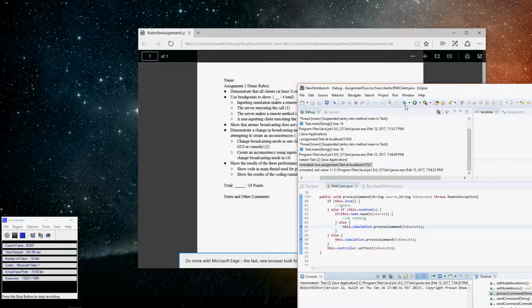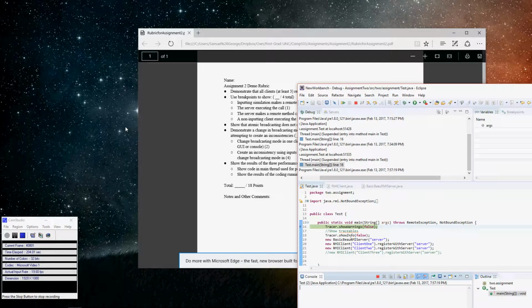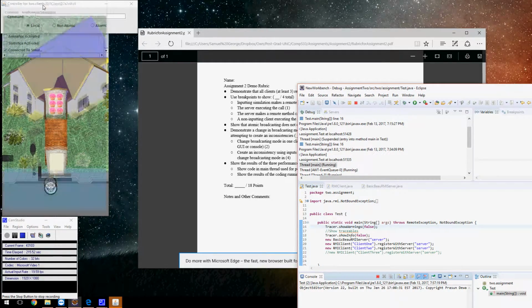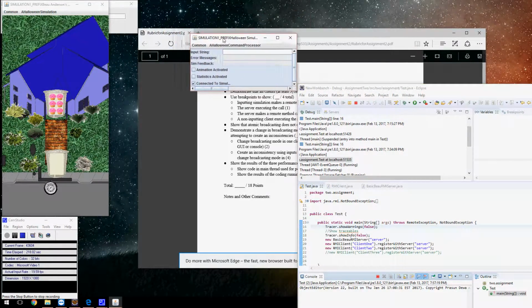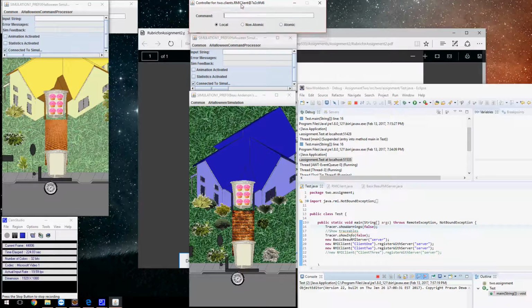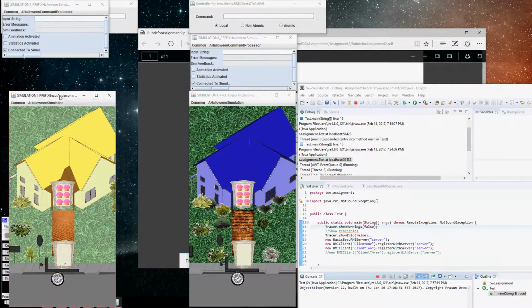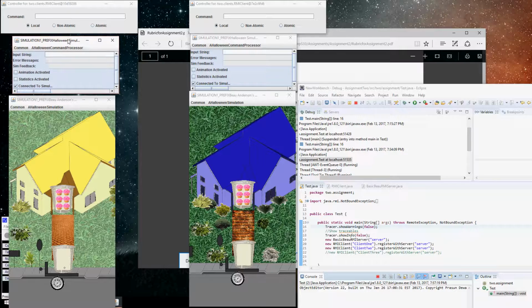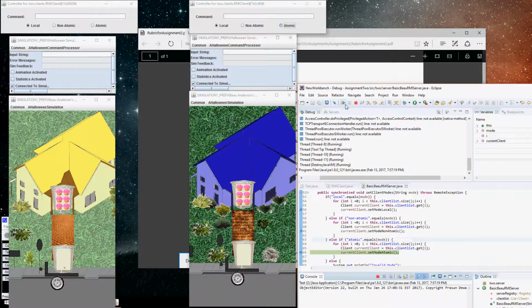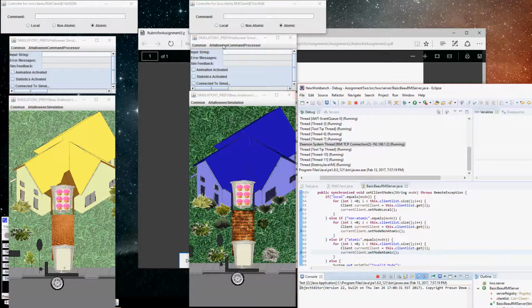Now we're going to show that in atomic mode this inconsistency does not occur. Okay, so let's start up here. Alright, so we're going to try to emulate the same behavior that we did before in atomic mode, and we're going to see that it does not work. So we're going to set all our client modes to atomic. It's a simple call to put them both in atomic mode. Now we're going to just do a simple